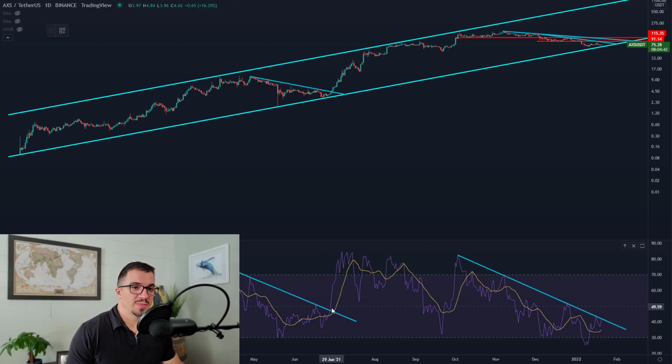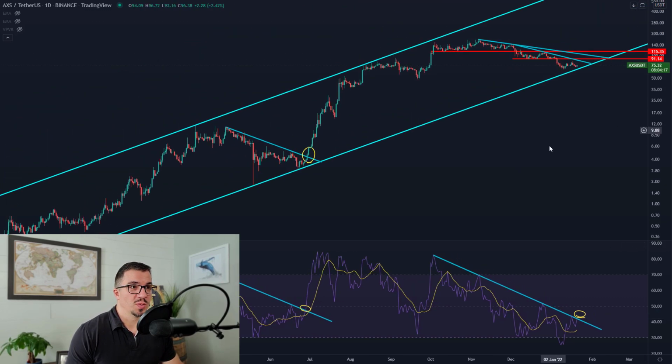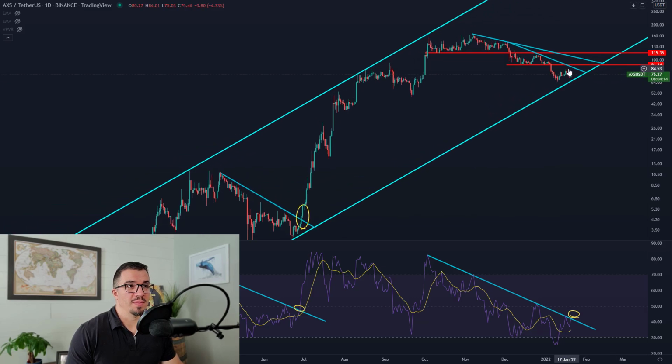So if you notice back here, this was the breakout, and sure enough, that's right when the breakout from price occurred as well. So you could keep an eye on this trend line on the RSI and wait for a break right above this area around 42 on the RSI. If the market does close above that area, so up in this area here, then that could confirm the breakout, especially if you're seeing something on the price chart as well, where you get a move above this trend line up here, right around $84, $85, and get that first higher high.